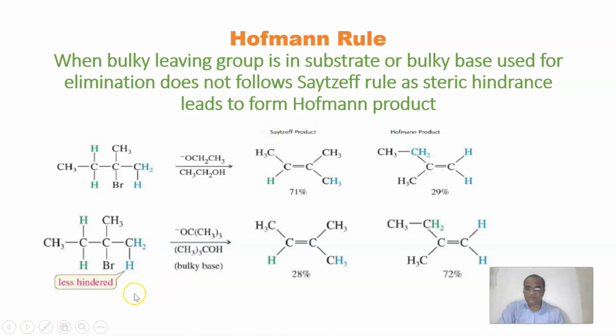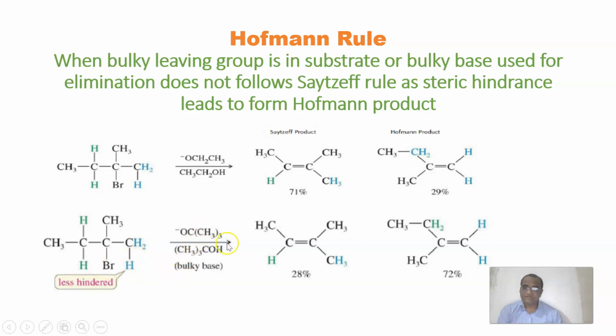See, now you can see that this hydrogen is less hindered, but in case of this green color hydrogen, it is more hindered because it has a bromine from one side, and from the other side again it has a CH3 group, right? So there is a little bit more steric hindrance compared to this hydrogen. So it is a free hydrogen, we can say. So it is with a free hand.